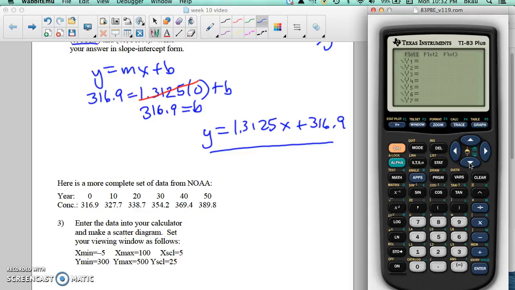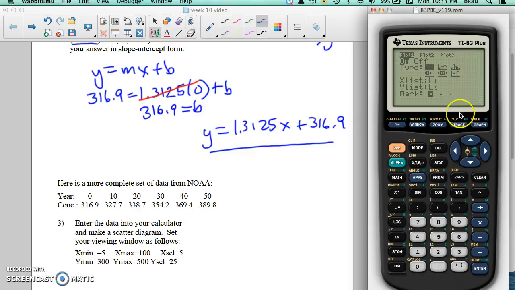We want to have one of these highlighted or turned on. We can do that by hitting second stat plot. There are 3 of them here. You want to hit enter under this and make sure that this is highlighted on. We want to make sure this is highlighted because that is the scatter plot. If we want a connected one, there's that one, there's histogram, and there's some box plots and other